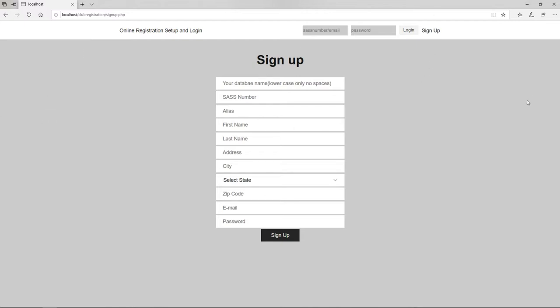Now, if this is your first time that you've logged on to this system, you're going to need to sign up. So what we're going to do is, this is going to be the name of your database, and that will run with you for as long as you want to use the online registration system. So we're going to key in a name here. I'll just put online registration, and then your SASS number, your alias, first name, last name, address,